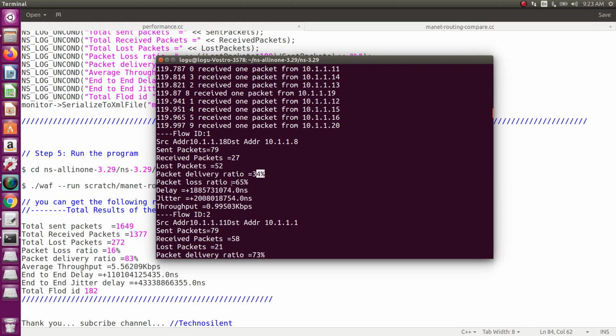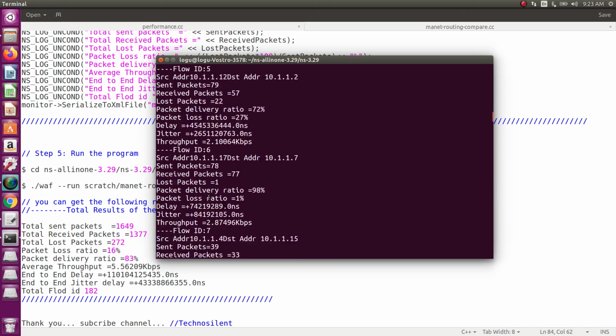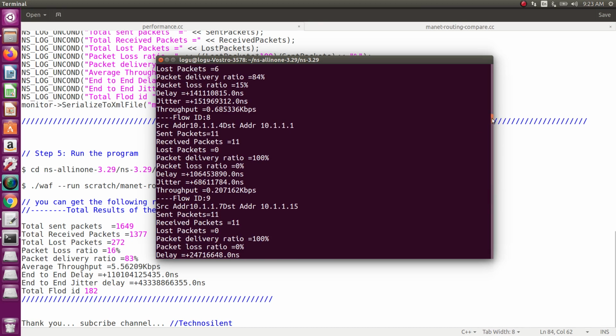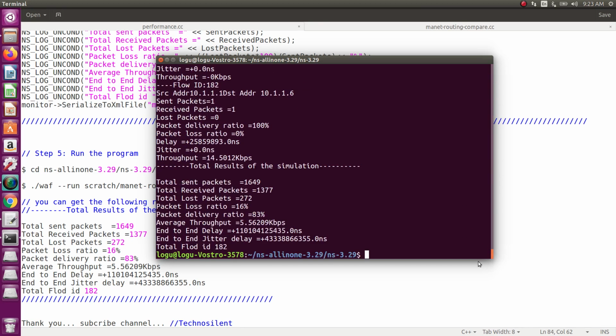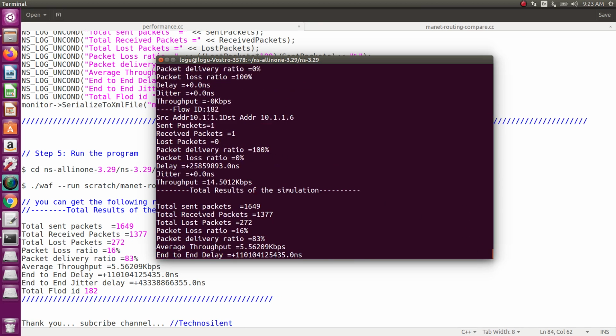Lost packets means how many packets were lost during transmission with respect to sent packets. Then delay, jitter delay, and throughput are calculated for one flow ID. Like that, the total number of flow IDs is 182, and each and every flow ID will be calculated.